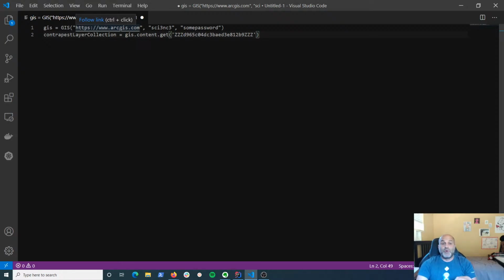So it turns out you need your username and password, which is equal to the username and password I log into the site with. I've changed these, so I'm not worried if you see them. And then the other thing is that unique identifier that we needed to get to our actual layer collection, right? The gis.content. So we get the GIS, the handle to ArcGIS Online, and then we say, hey, for my content, get this library of data, which is that trial thing that we're looking at, right? And then that gives you back a layer collection, which is everything in it. But I didn't know how to get those things.